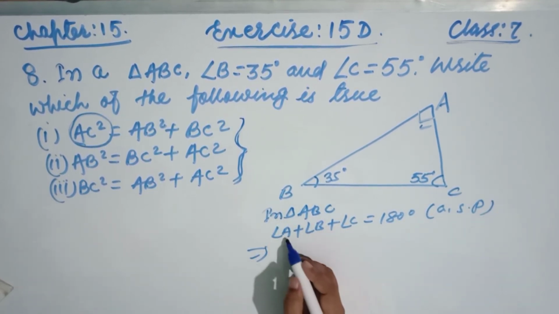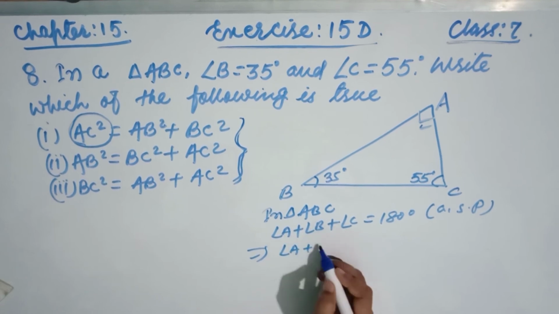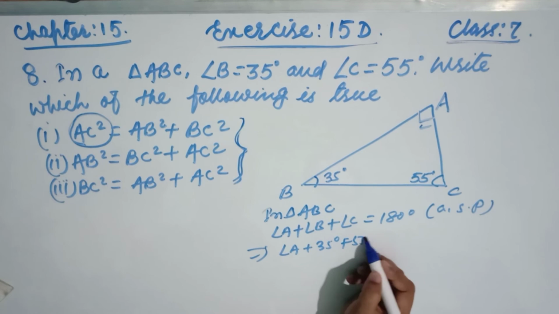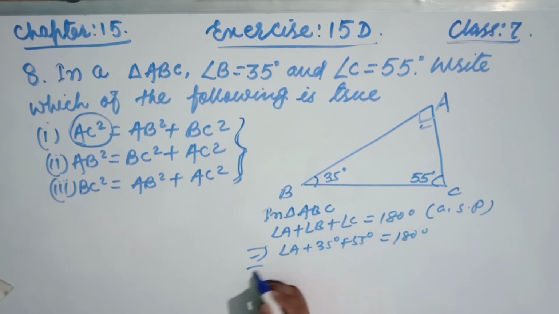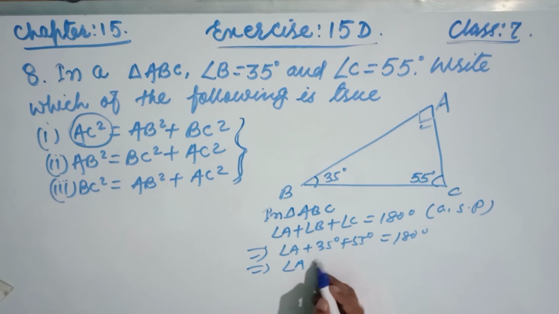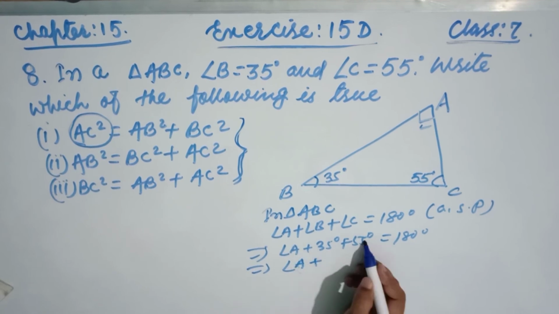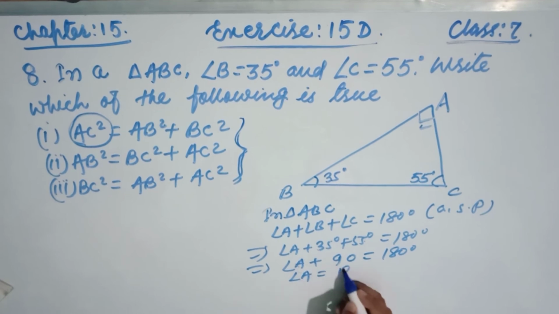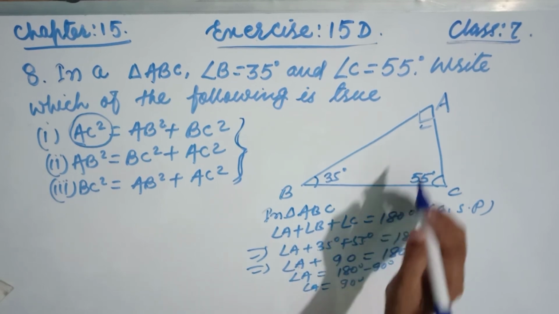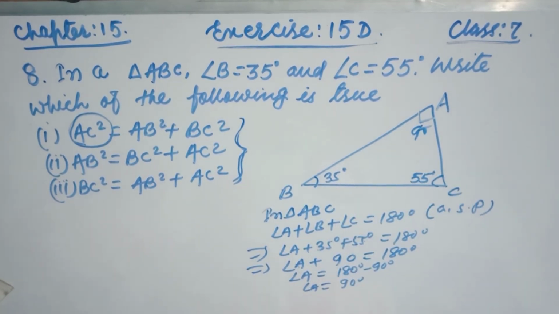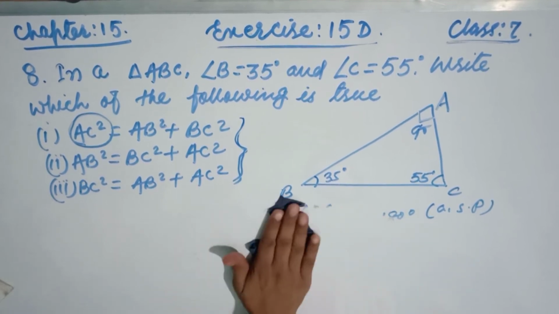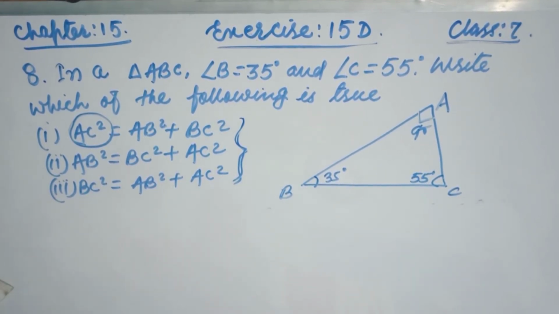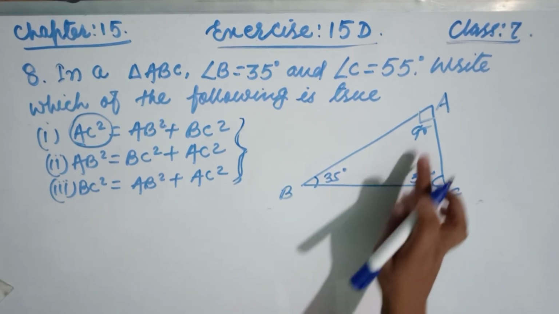Now friends, this is angle A. The angle B is 35 degrees, angle C is 55 degrees, and the sum is equal to 180 degrees. So first we have to find what angle A is. Now friends, add 5 plus 5 is 10, 0 and 1 is carried, 3 plus 5 is 8, this is 90. Okay, 180 degrees. So angle A is equal to 180 minus 90, this becomes, friends, 90 degrees. So we can say angle A is 90 degrees, that means here is the 90 degrees. Then, friends, this given triangle is nothing but a right angle triangle. Okay, so this was the first step. This is a right angle triangle.